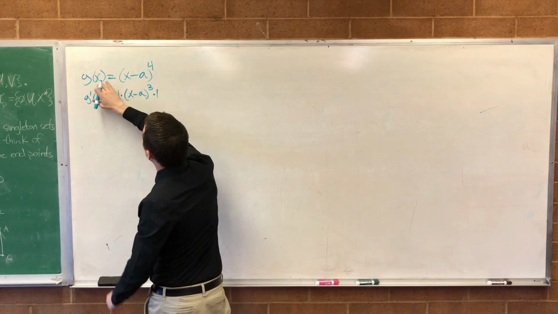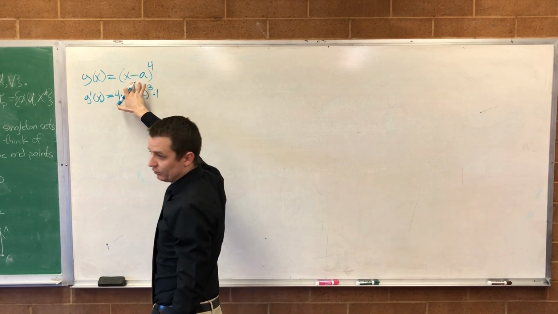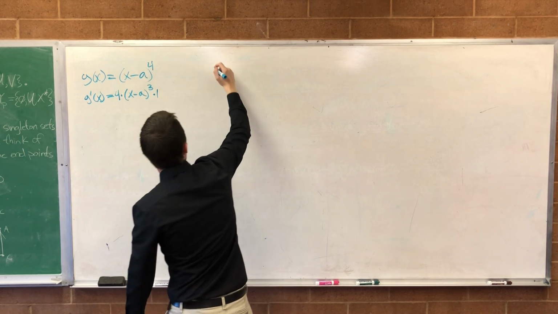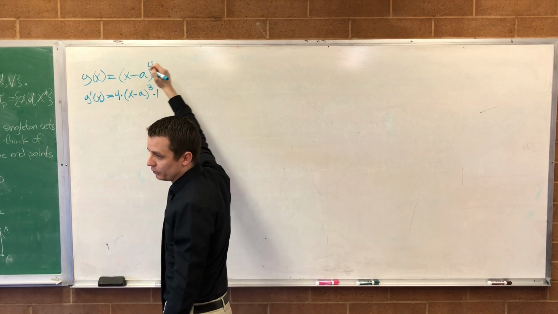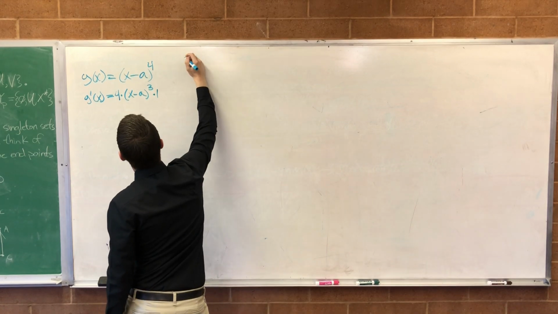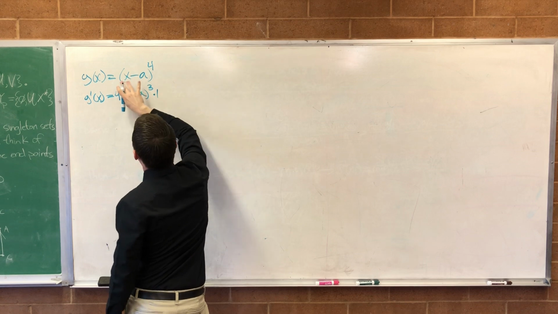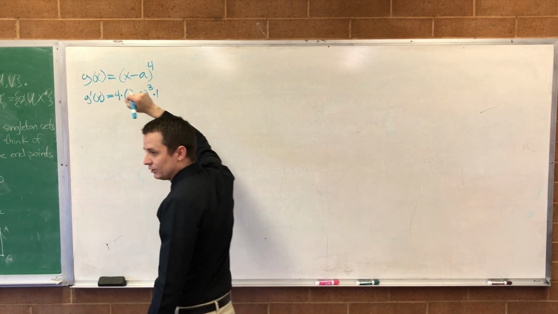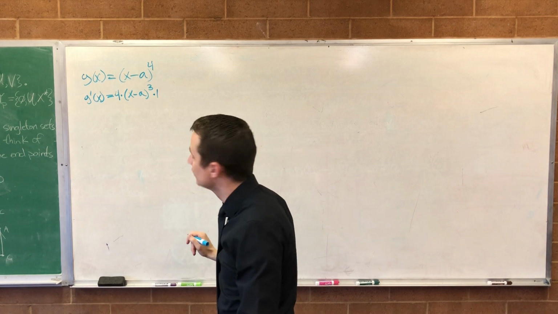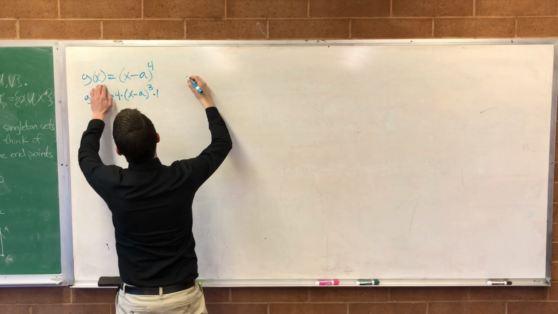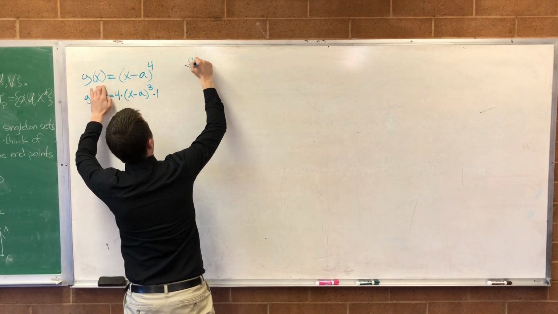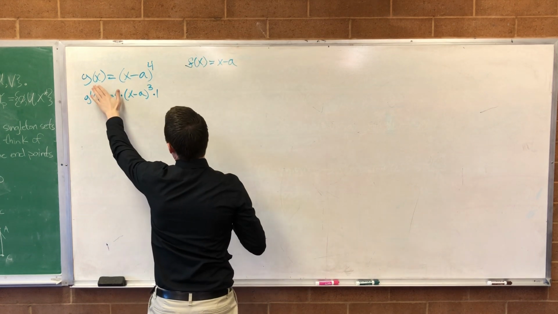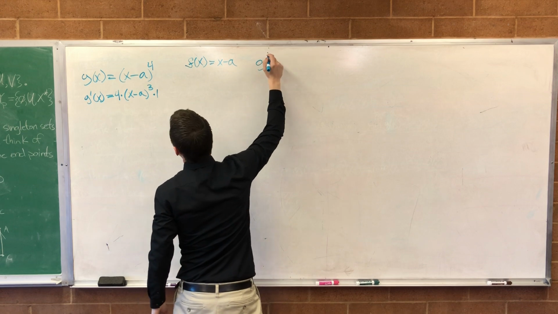Okay, so when you have a function like this, and it looks like it's a function inside of a function, and you're confused on how to handle it, then you can do what we call a u substitution in calculus. It doesn't really look like a function inside of a function. Well, x minus a, there's a function, and then something to a power, there's a function. Okay. So, we could say we'll have f of x equal x minus a, and now we can say g,